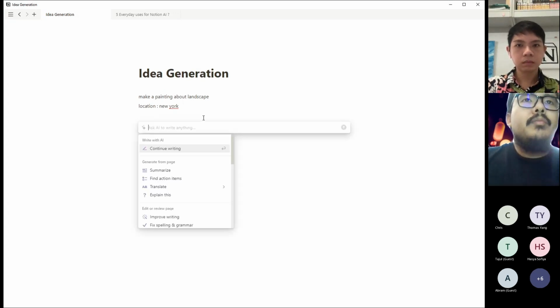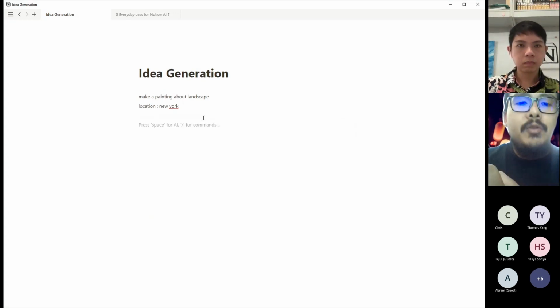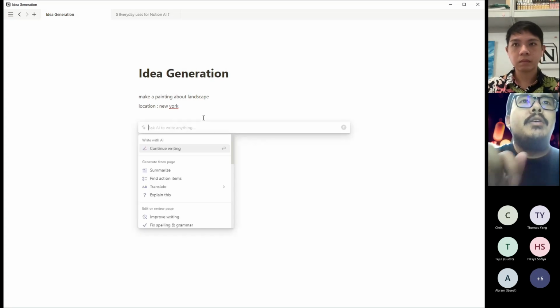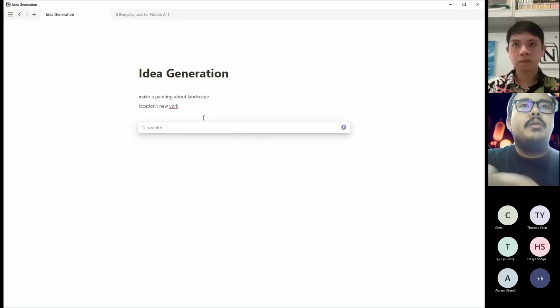You can use space: when you insert space, you can press space and it will automatically go to Notion AI. So you can say, use the points to make a list of painting ideas.